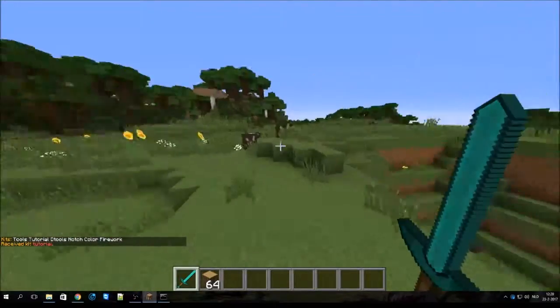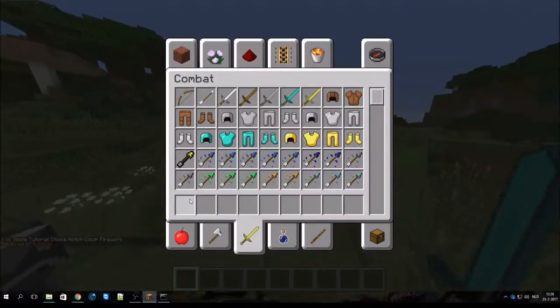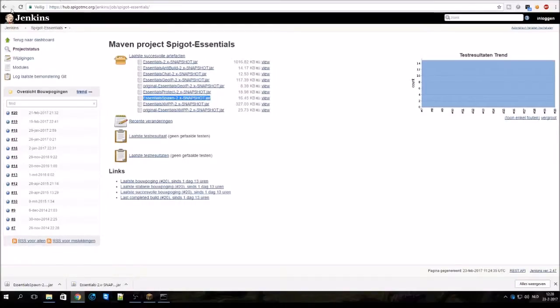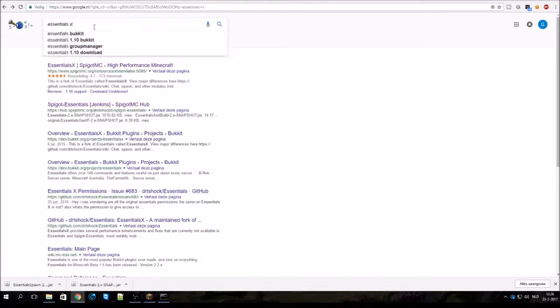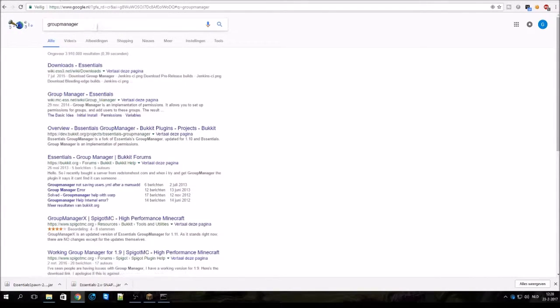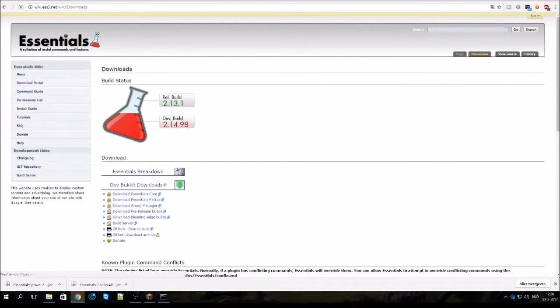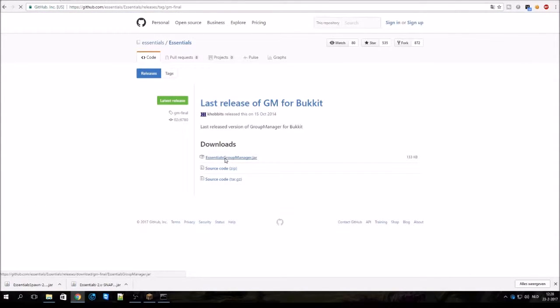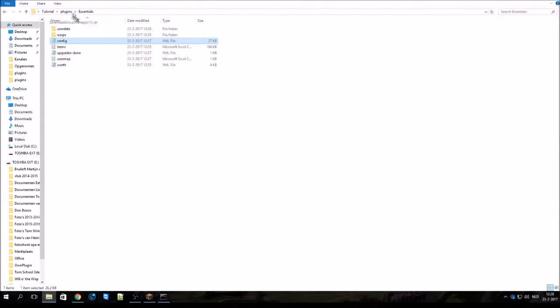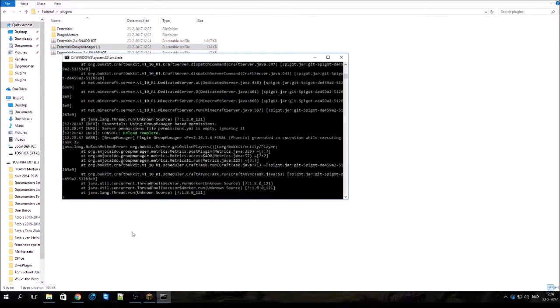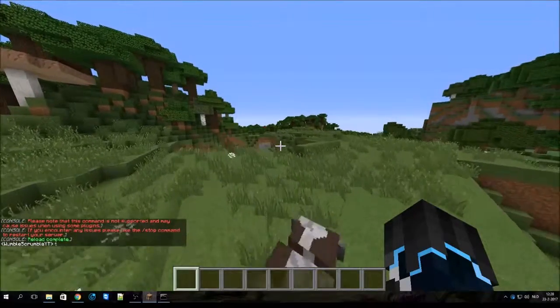and some oak wood. Many users want to use Group Manager, and of course Group Manager is a good plugin. You can use PermissionsEx, but I personally use Group Manager. Let's see if we can download it right here. I will put the link also in the description below, and we also drag this into the plugins folder. We reload the server, and now we can create